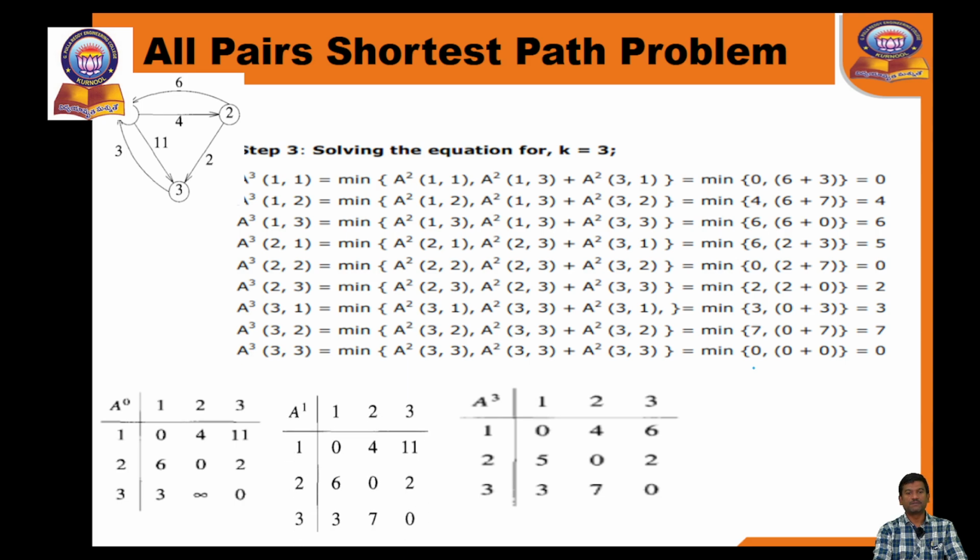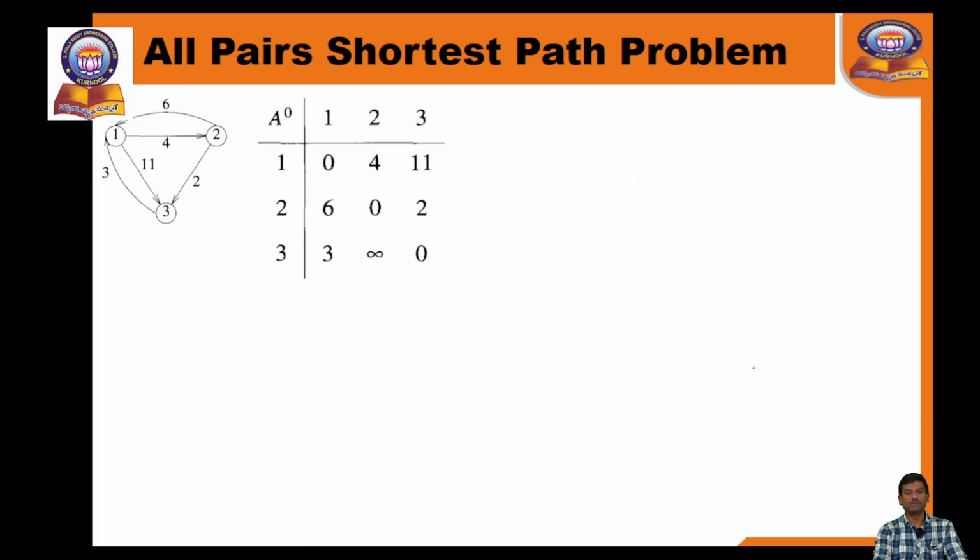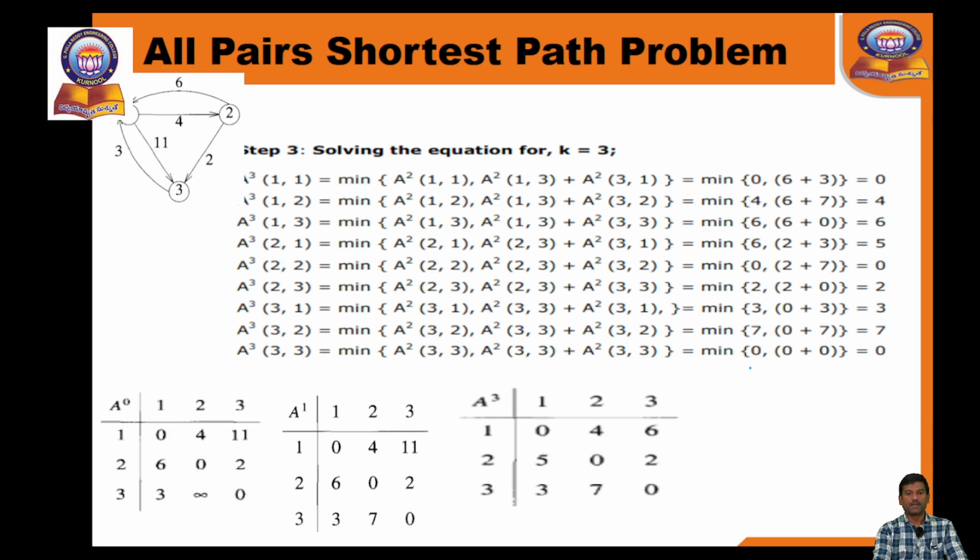So here previously we got A1 and similarly A2 as well as A3, with the new updated values. So what values are being updated? The value in this stage is being updated to 5. That is A of 2, 1. So observe this A of 2, 1, how it has been changed. Previously A of 2, 1 contained the value 6, and similarly A of 2, 3 has the value 2. A of 3, 1 has the value 3, and that is how the minimum value has been updated to 5,